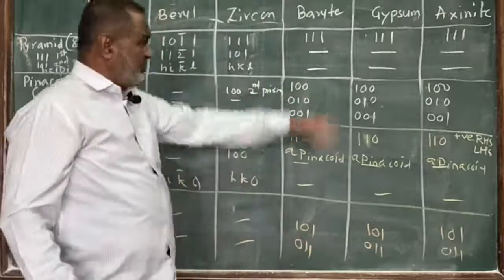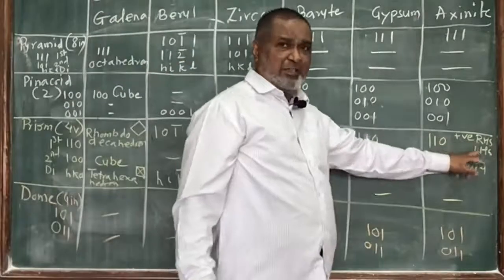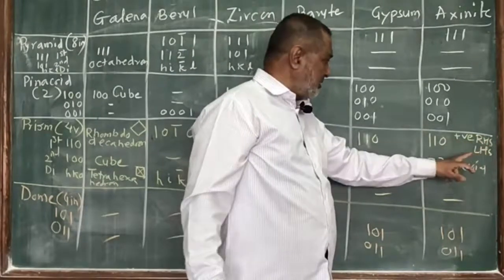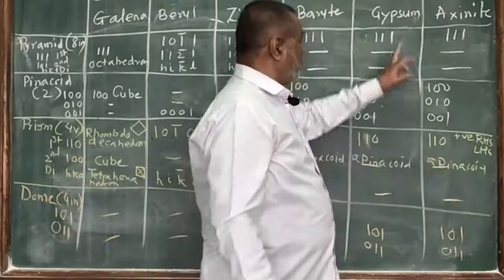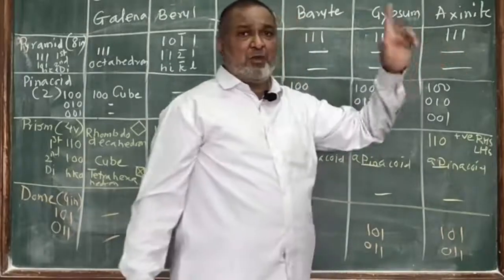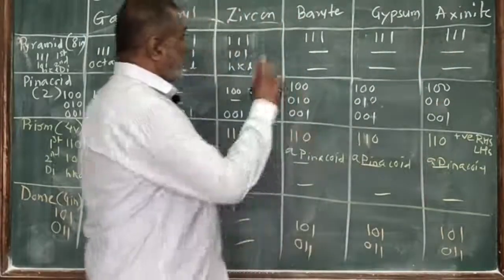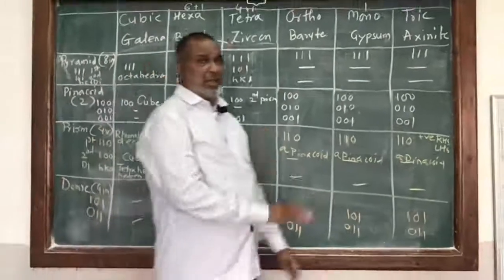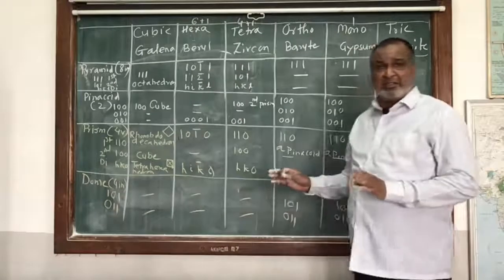So it is the hemi prism or it is a quarter pyramid. This will be the name. That's why RHS, LHS, 2 faces are there. One face will be called RHS, positive right hand side prism, and left hand negative left hand side prism. Similarly, the quarter pyramid will be 1, 1, 1. So that is the indices specially given for triclinic, axinite type. So this is at a glance what we have.